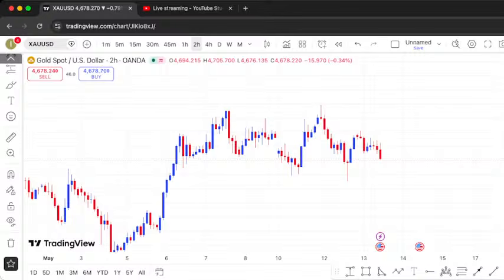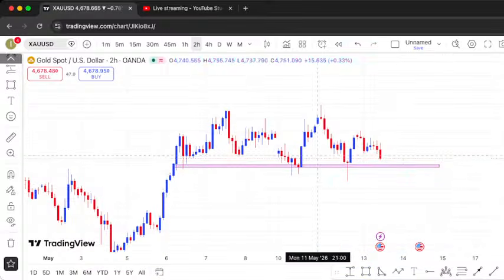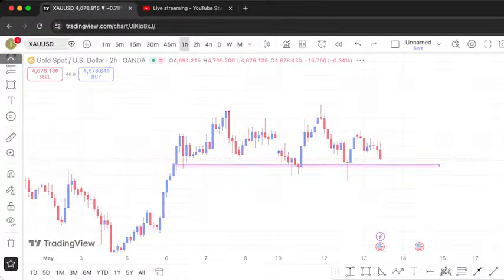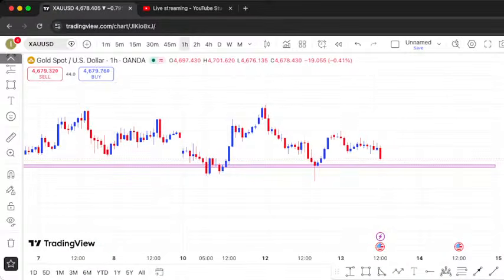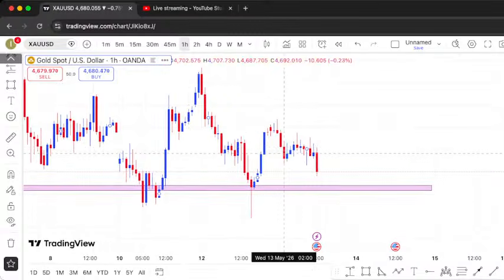Maybe now our target zone should be at this structure here, the next low, which will be this zone. That will be our initial target. If we are bearish on it, the market must reach this low. If I lower down to the 1 hour time frame, that's how the market looks, and it is very bearish.